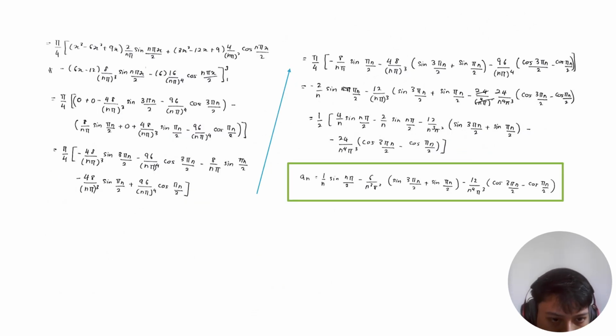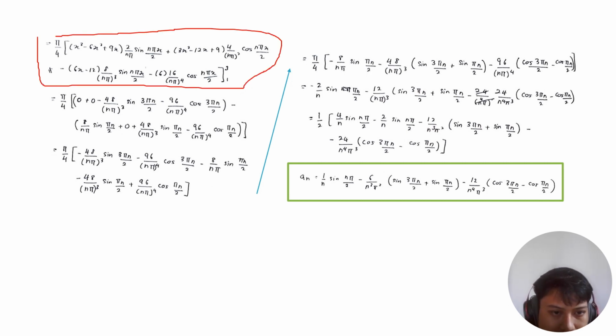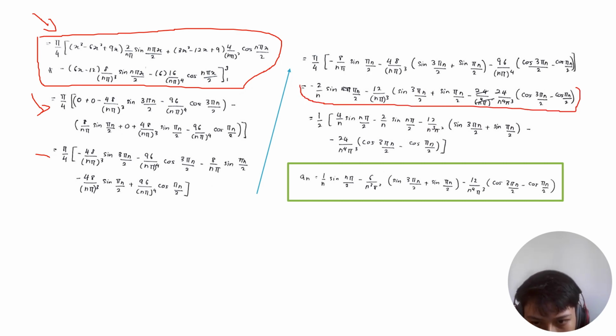So after this, the value after using the tabular method. The next part is just the same part, just we simplify the value. This also we simplify the value, and this is the value we get from the second part. So we combine all the first part